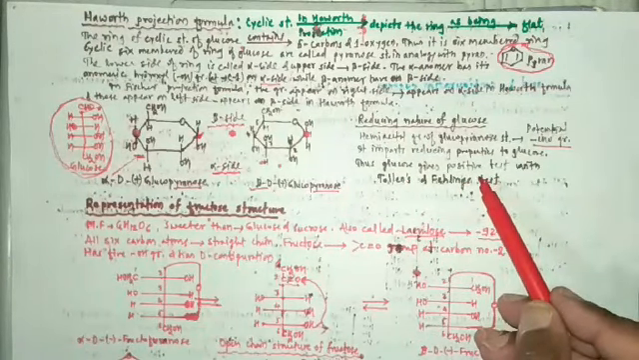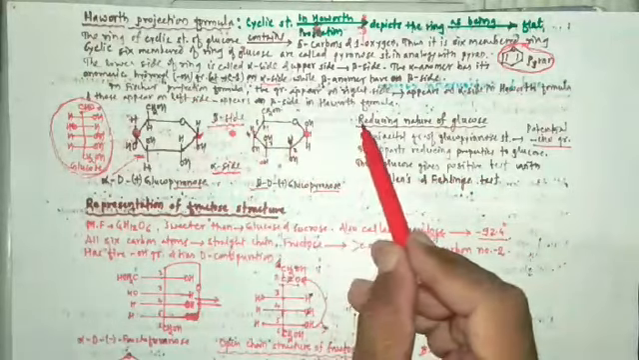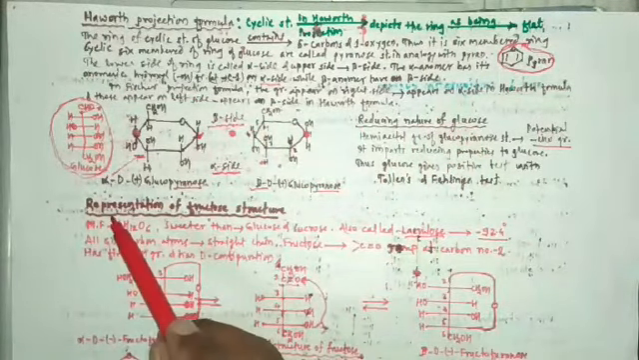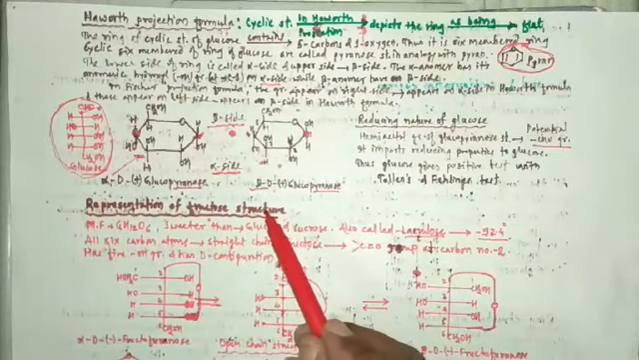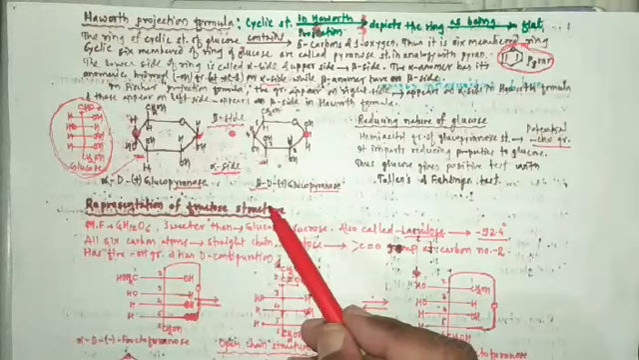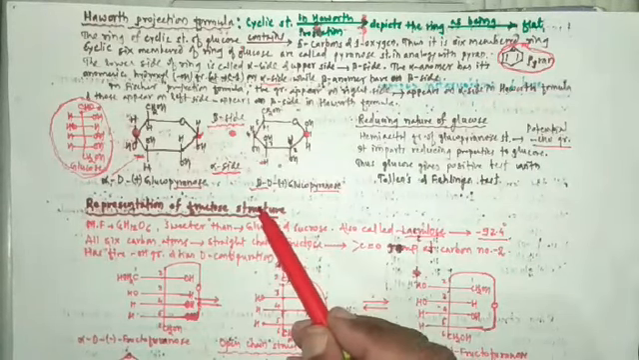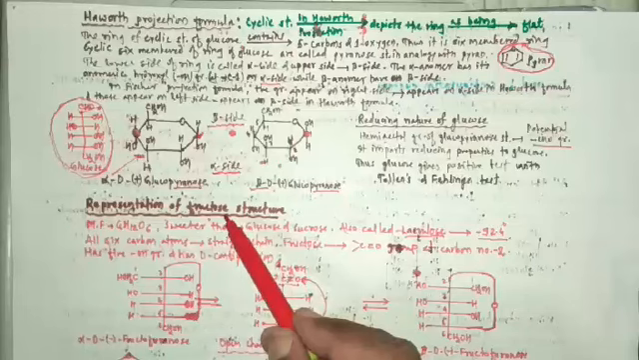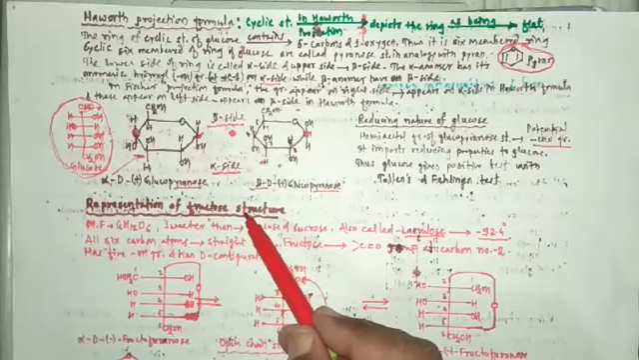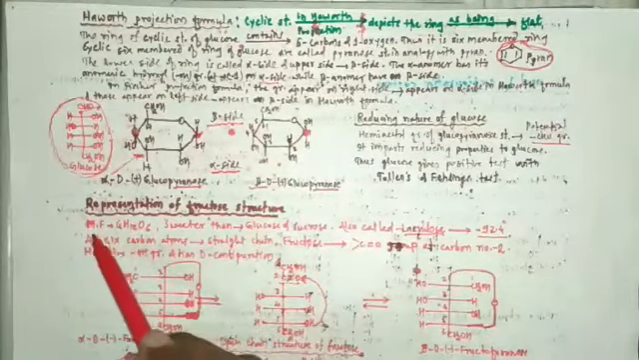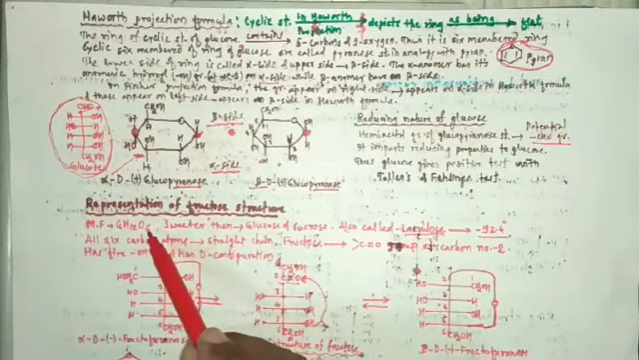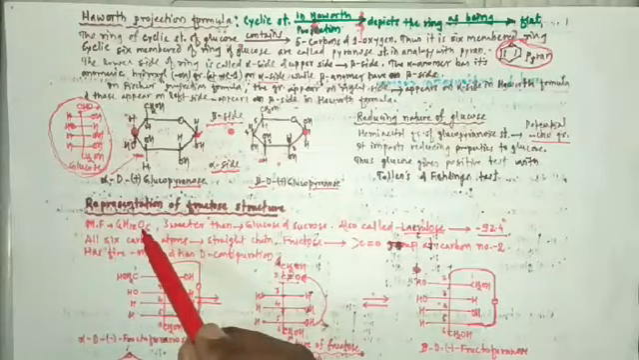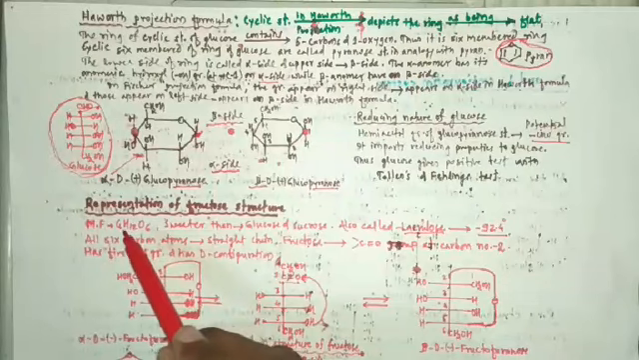So after studying in detail the reducing nature of glucose, the third article which we are going to study is the representation of fructose structure. By studying various reactions and various evidences, it is observed that the molecular formula of fructose is C6H12O6. It is similar to that of glucose. So both glucose and fructose have the same molecular formula,